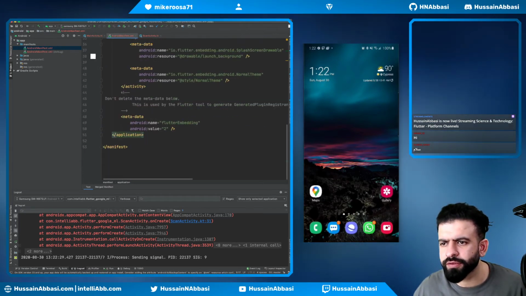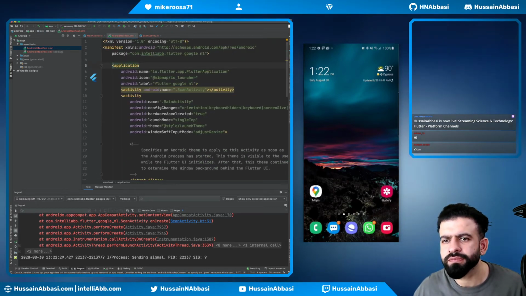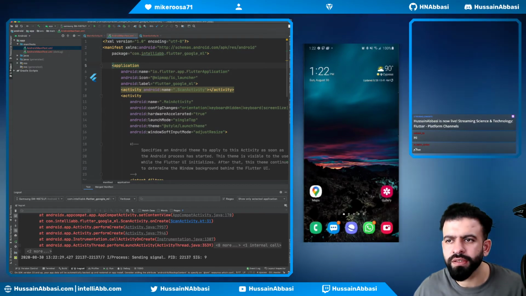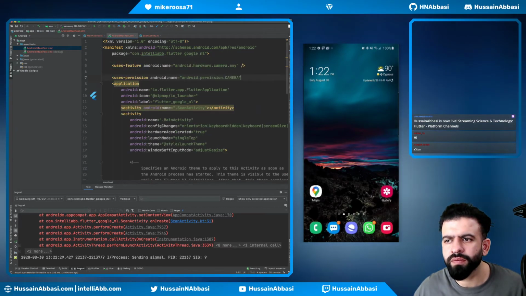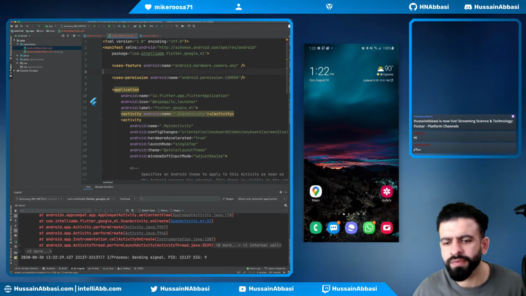Yes, I don't see permissions being requested here. That's not good. What we need